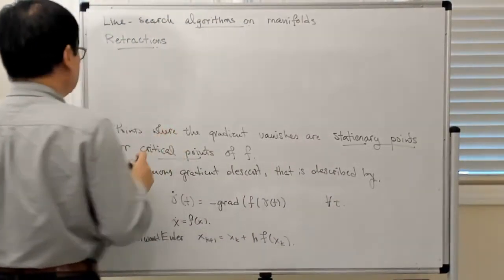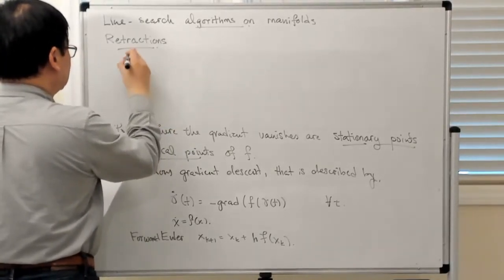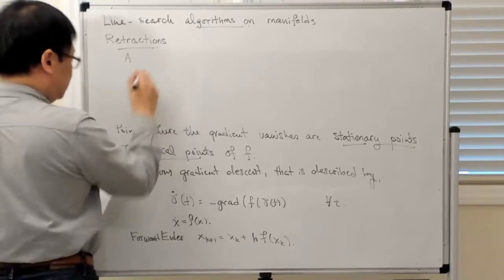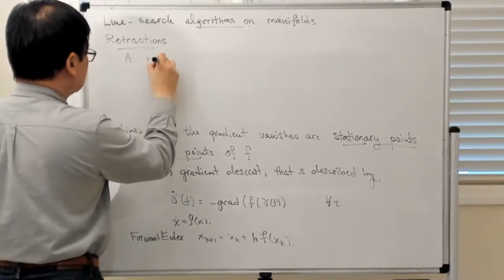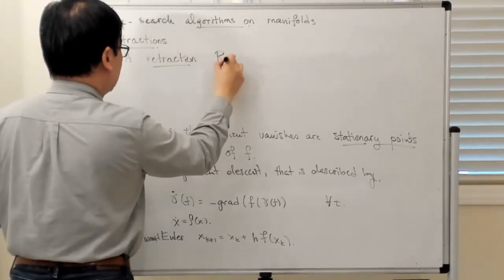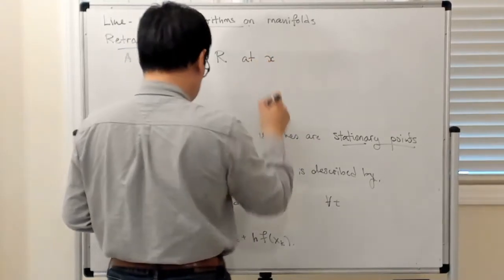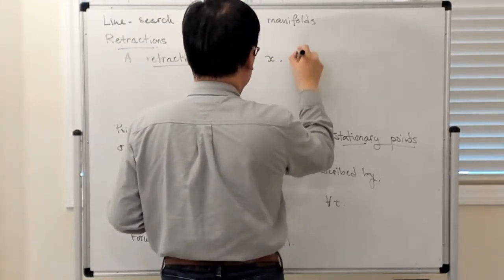Okay, so let me just say what it is. Okay, so a retraction, let's call that R, right, at X, and you denote that by R sub X,